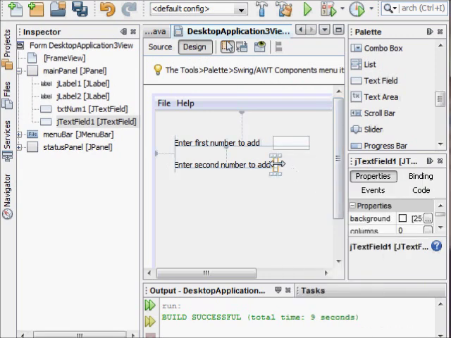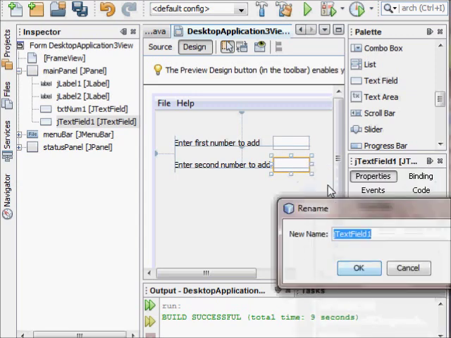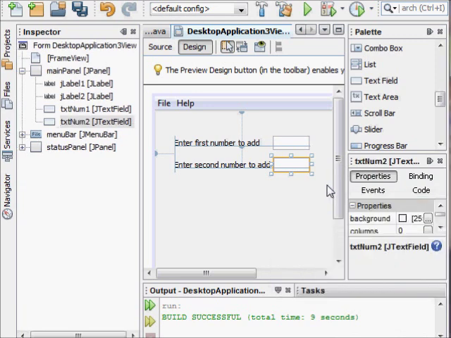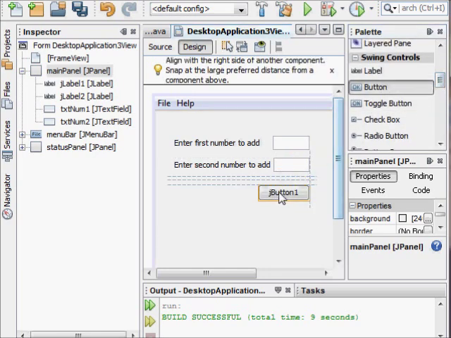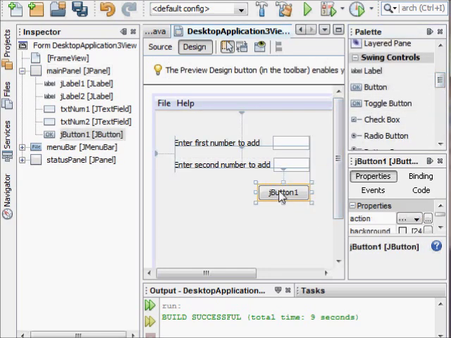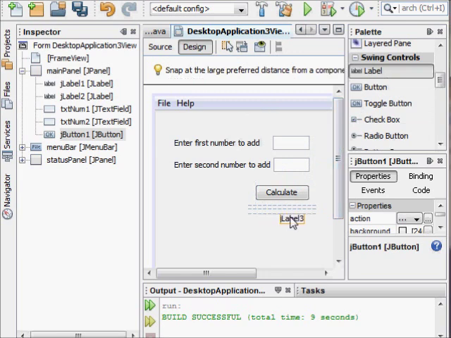We don't want any text in the text field when the program starts. And since we're going to be using these text fields in code, it's a good idea to rename them. It'll be easier for you when you're typing the code, and it will also make the code more readable. Button, we want to change the text on that so the user knows what's going to happen when they click it. And we need somewhere to put the output that gets generated